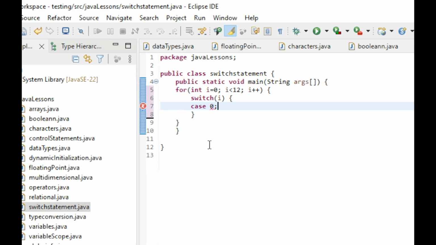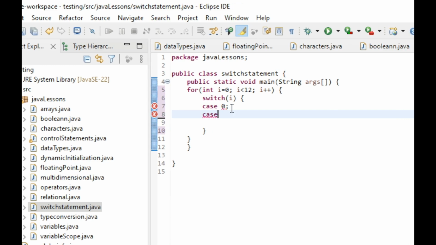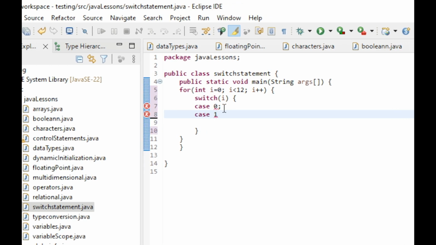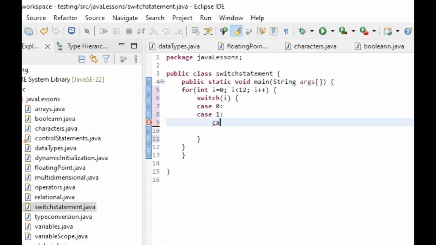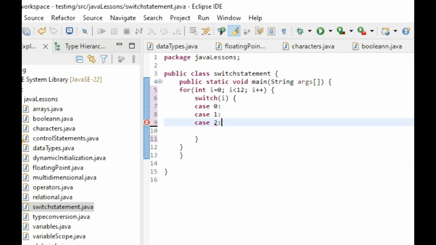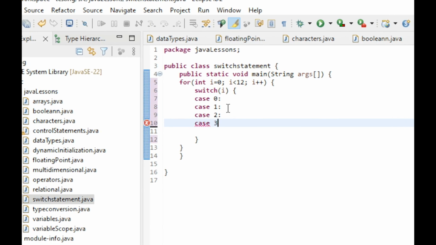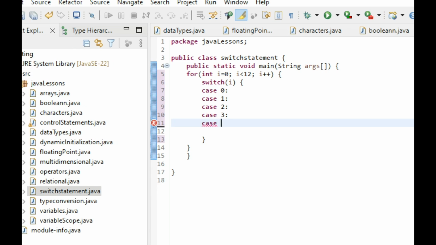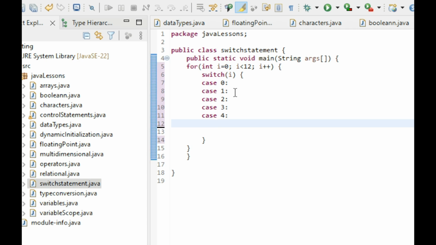What we want to print under case 0 to case 4 is the same. So case 0, okay, case 1, it's supposed to be a colon. This one is a semicolon, supposed to be a colon. Then we have case 2, we have case 3, case 4. So for all those cases, when it's 1, 2, 3, 4, we just want to say this is less than 5. So we can just print